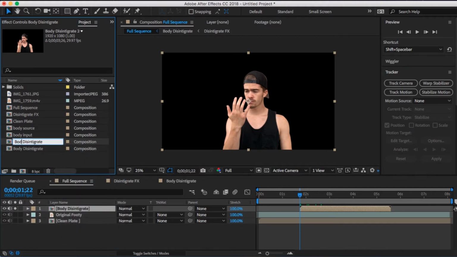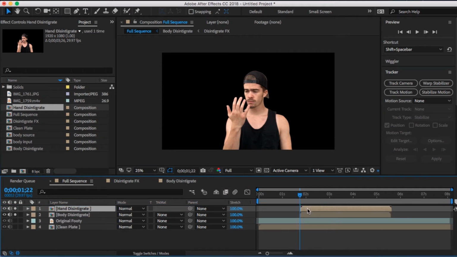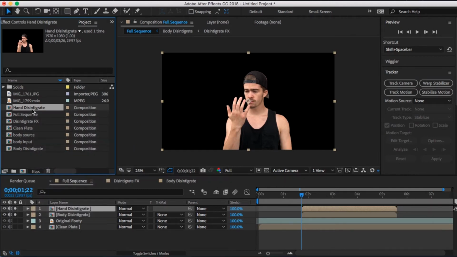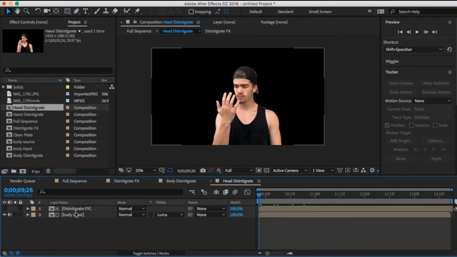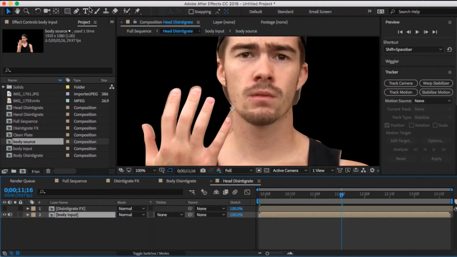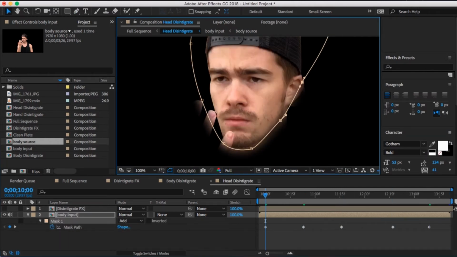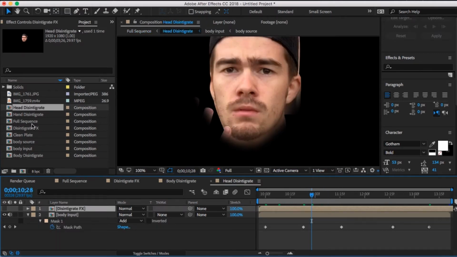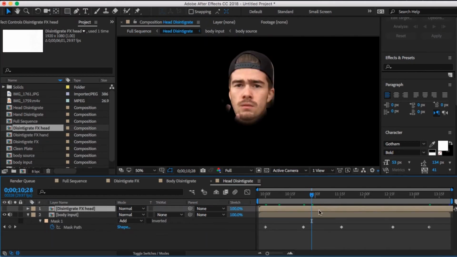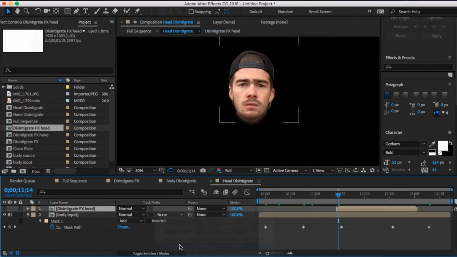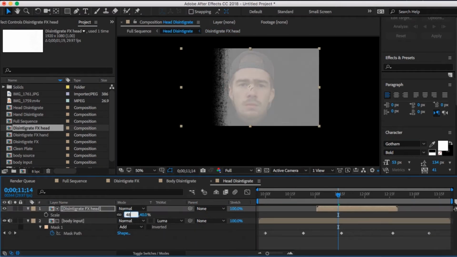And so what I did right here is I duplicated the body disintegrate and renamed it. I duplicated it twice and then renamed them hand disintegrate and head disintegrate, to disintegrate the body, hand, and head at different speeds at different times, with a little bit of a variable inside the texture, changing the curve adjustment a bit and the speed of the disintegration. This is not necessary. You can do it all in one, but really all it is is rinsing and repeating the same steps that you did for the body disintegrate,